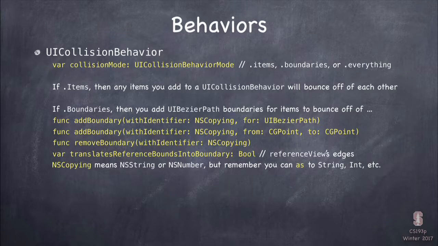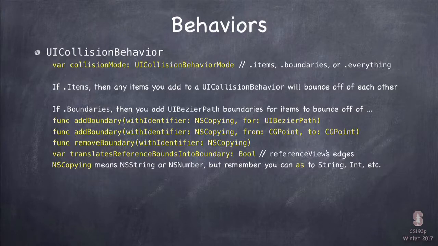Now you notice the argument here, these boundaries have identifiers so that you can tell which ones you hit when they hit, and I'm going to show how you find out about that in a second. But you notice the identifier is an NSCopying. Okay, you've never seen NSCopying there before. NSCopying, for the purposes of this, basically means NSString or NSNumber. So the identifier could be a number or a string. Now, that's no problem because you can just "as" them to a string or to an Int if you want to use Ints as your identifiers. But you do have to do that "as". So NSCopying is basically NSString or NSNumber.